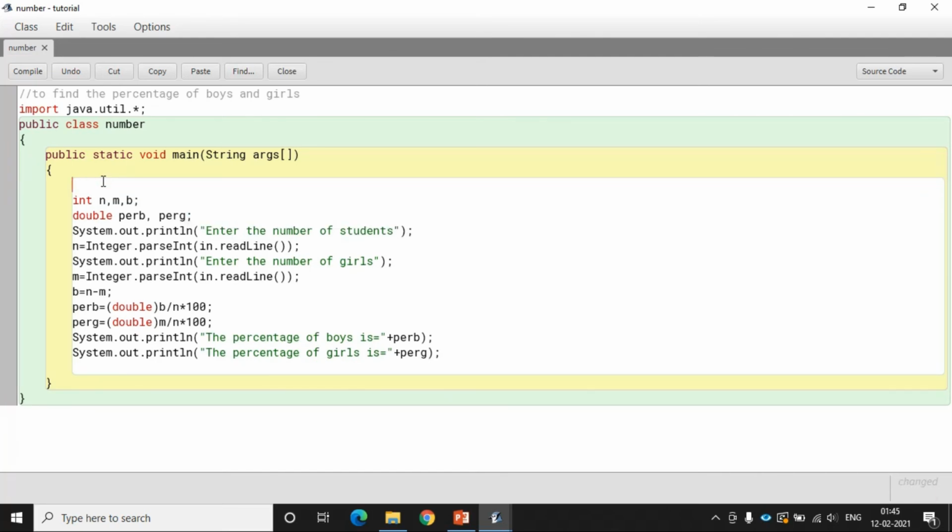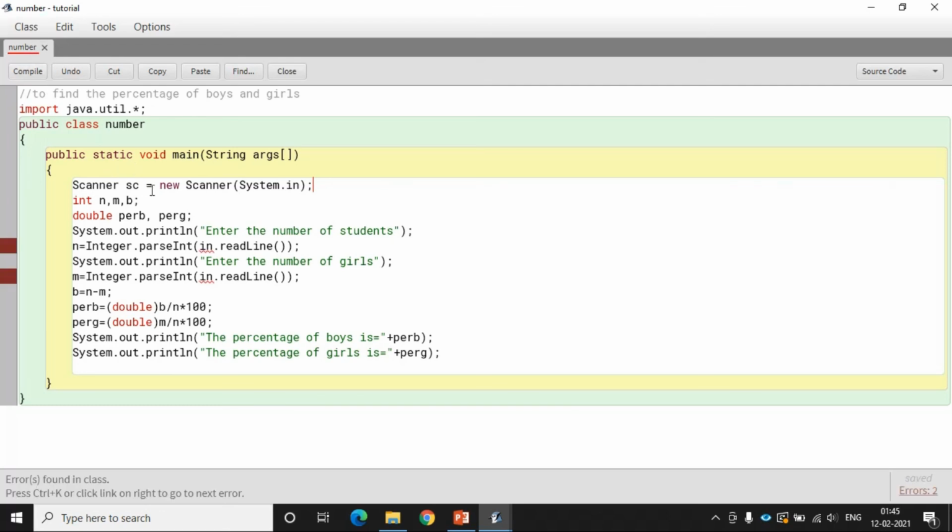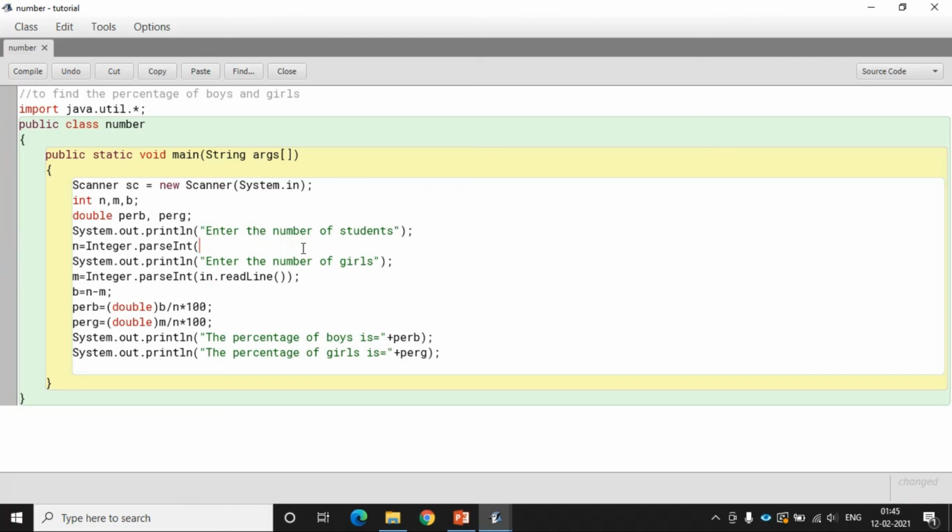And we have to create the object of Scanner. So we will write Scanner. Suppose the name of the object is sc, equal to new Scanner(System.in). Now when you compile it, one more error you will get here. That means the method also we have to change.